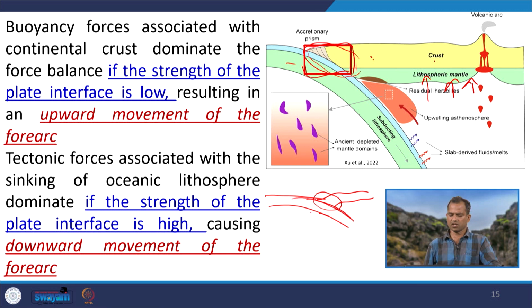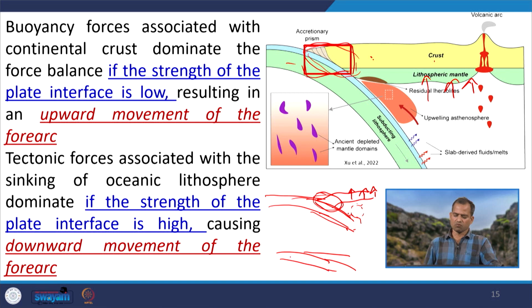Once this is going down and subducting, there will be partial melting and the magma will rise, and finally, as the strength of coupling is very low here, this plate will move up. However, if the coupling is very high, for example in this case,